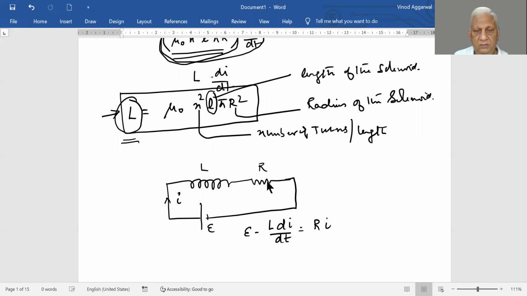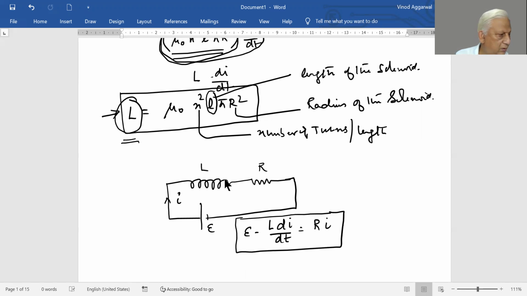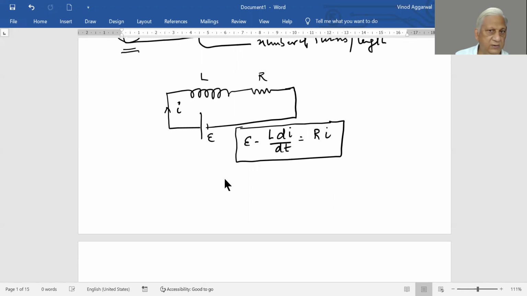This voltage is available to R, and will be equal to R into I. This is a differential equation. If we solve this differential equation, we will get I given by